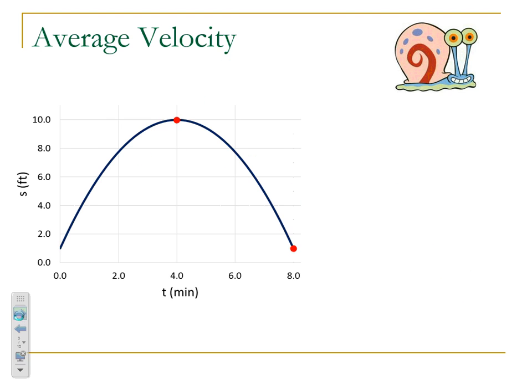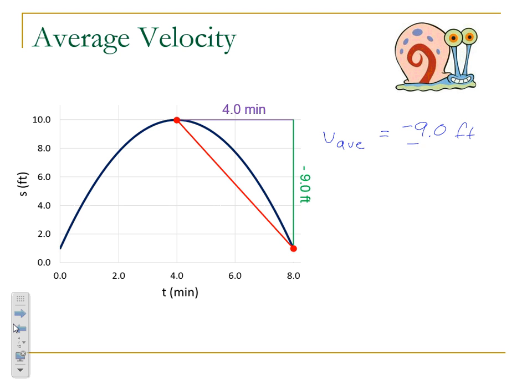Okay, let's do another example. In this case, we're going to calculate the average velocity between 4 minutes and 8 minutes. In this case, the elapsed time is 4 minutes, and the change in position is negative. It's moving from 10 at the beginning of the time period, down to 1 at the end of the time period. So my change in position is actually negative 9.0 feet, and my elapsed time is 4.0